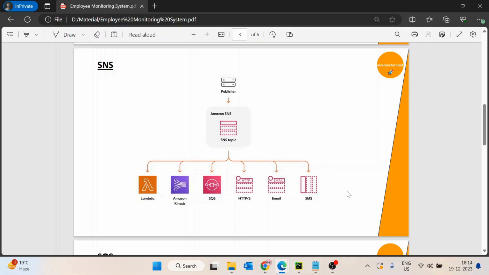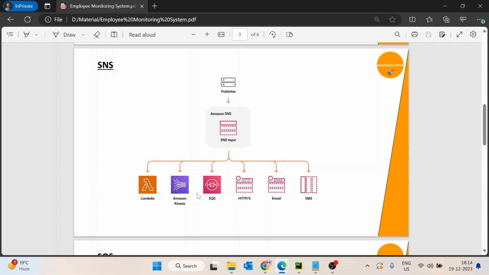These are the subscribers, and we can decide which ones to have. Let us suppose I want to only send an email. I will create a subscriber of type email. If I want to send an SMS to the user as well, I will create an SMS subscriber too.